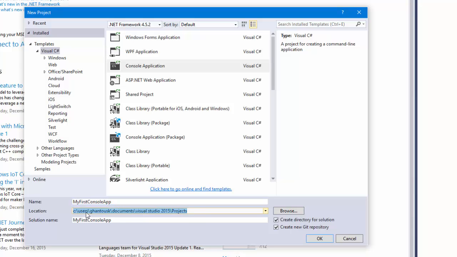I'm going to go ahead and actually highlight this location and copy it to my clipboard. And then I'm going to show you how to get to that later. So then we'll also see under solution name, it says My First Console App. We'll want to leave that. We want to create a directory for our solution,